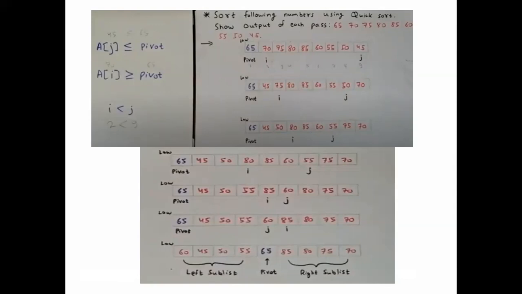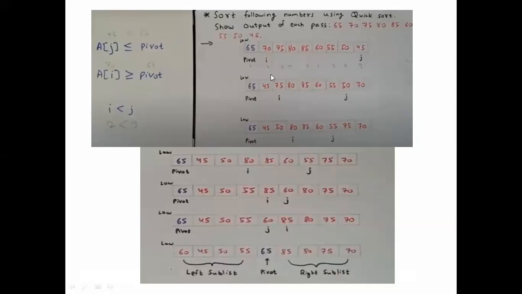Sorry, A of j is less than pivot, greater than. Okay, till 85, so j will come here to 85. So the j value is 85. First we have to check the condition on i and j. Condition true, then swap the values here. 45 is less than the i, so just swap the elements 45 and 70, then I am swapping here.